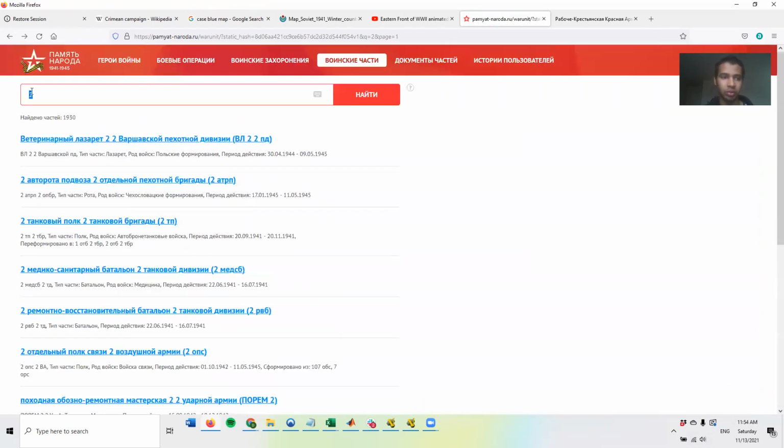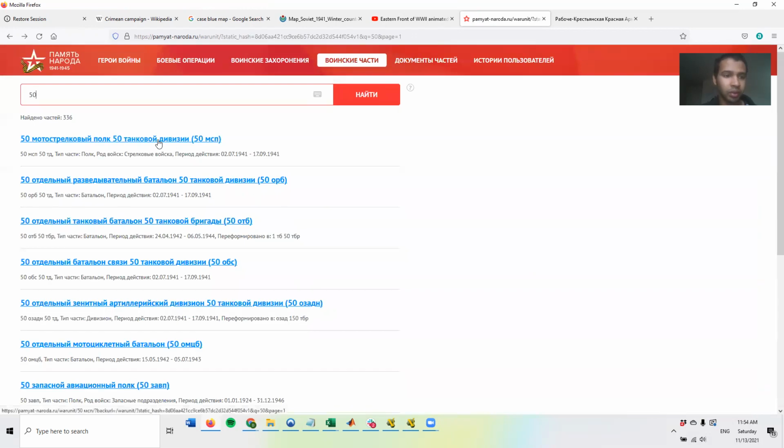Maybe you should just do something a little easier, like the 50th army. See, so 50th motor or motos. I'm pretty sure that's motorized, some kind of motorized formation, tank, something. So if I click on this,